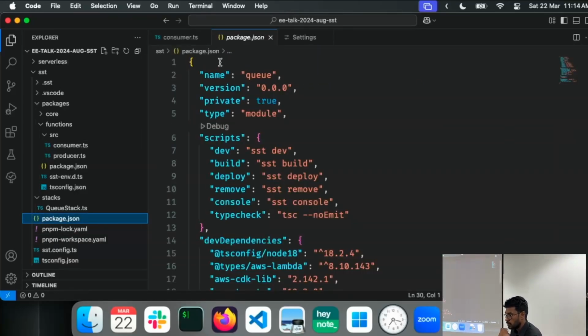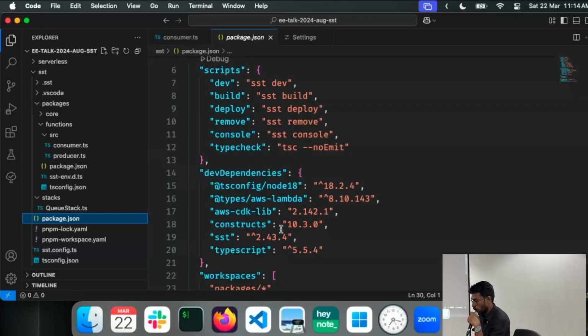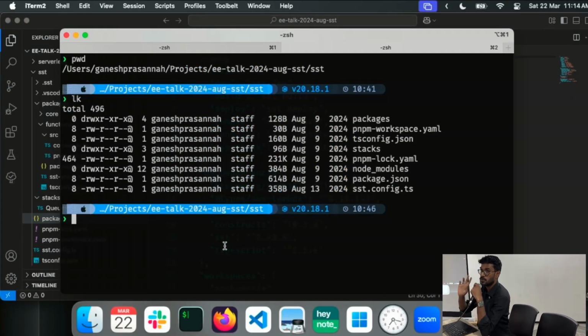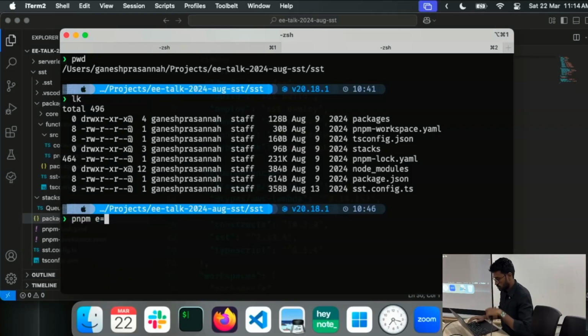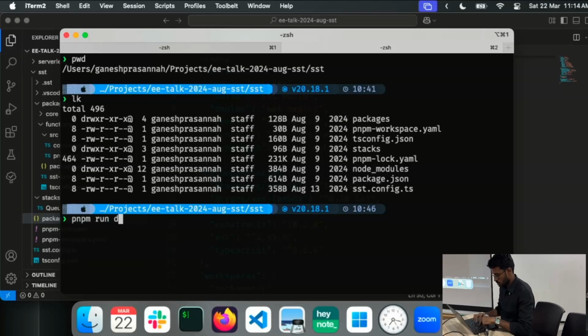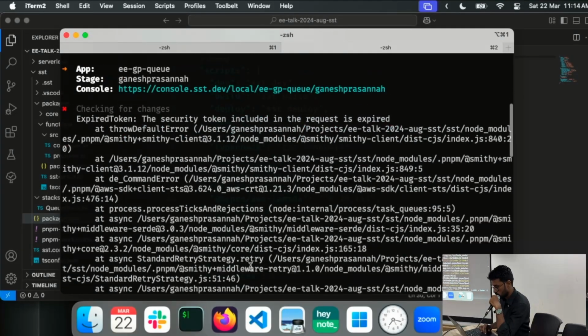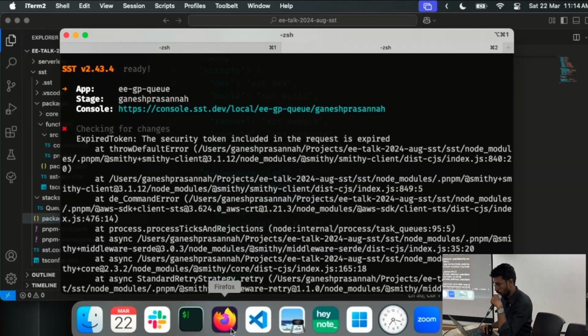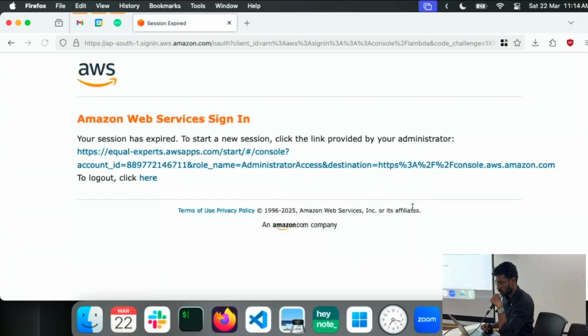So I don't want to focus on the package.json contents and the folder structure and all of that. You can figure that out from the documentation. That's the easy part, right? So I'll quickly run this first. I'll show you what's happening, and then we'll walk back and see what this application is doing. Oops. Oh, my AWS credentials are a little old. Give me a second.